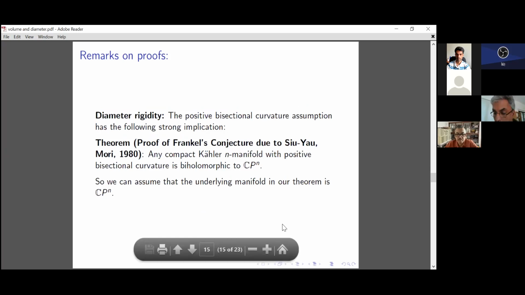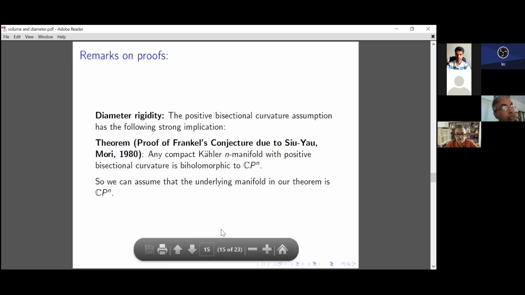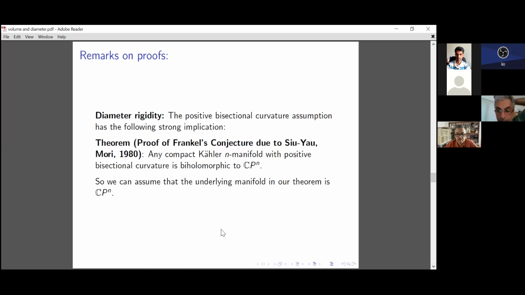Okay, so now I've used up, let's see, I started at 9:40, it's 10:08. How much time do I have? You can go until 10:15, say, a little bit. 10:15, okay, fine.